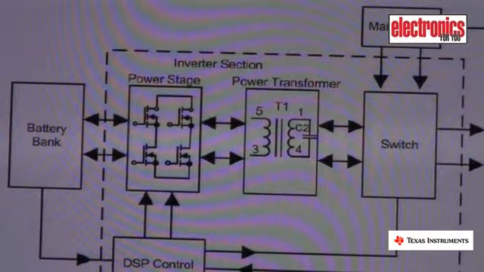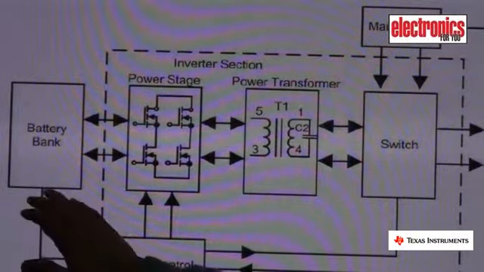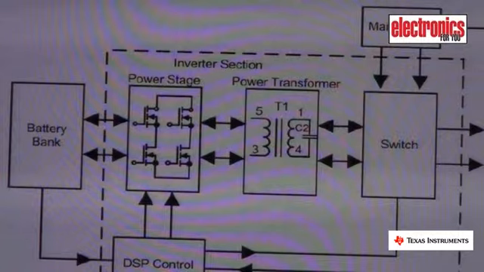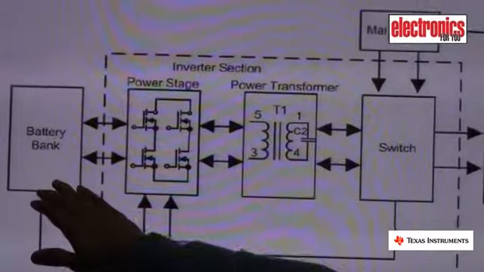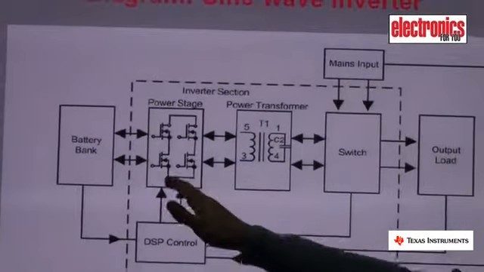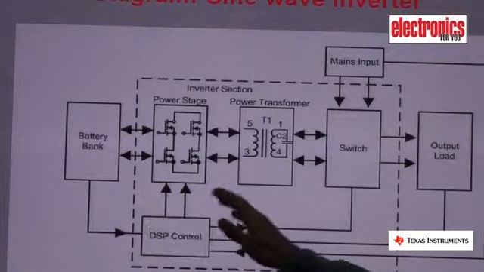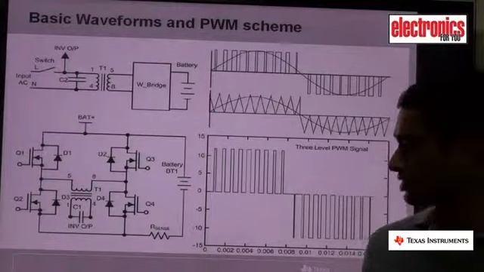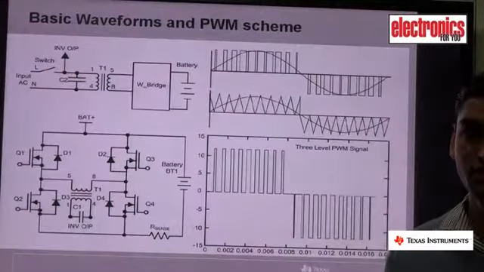There are basically two methods to do your DC to AC conversion. In the first method, designers generally go for a boost stage which converts your low voltage DC to a high voltage DC bus, and they modulate that high voltage DC bus to get a sine wave output. In the second method, they modulate a 12 volt or a 24 volt low voltage DC bus and they generate a sine wave on the primary side. They use a step up transformer to convert that low voltage sine wave pulse to a high voltage stepped up sine wave output. So here is the basic power stage which is used in your low frequency sine wave inverter.